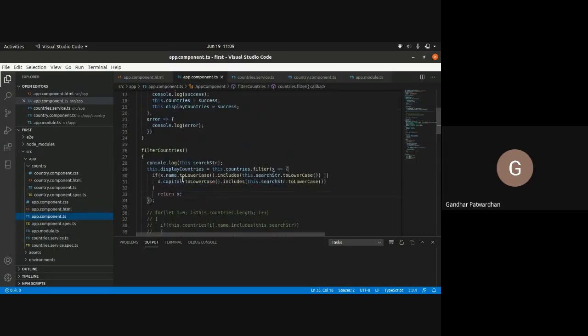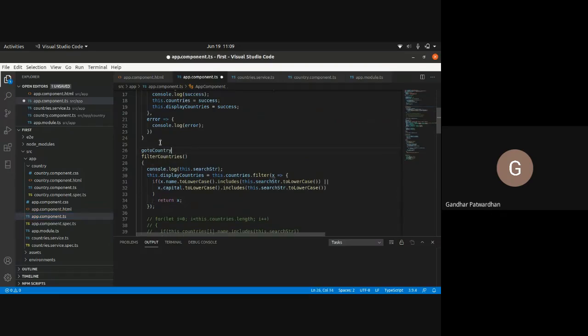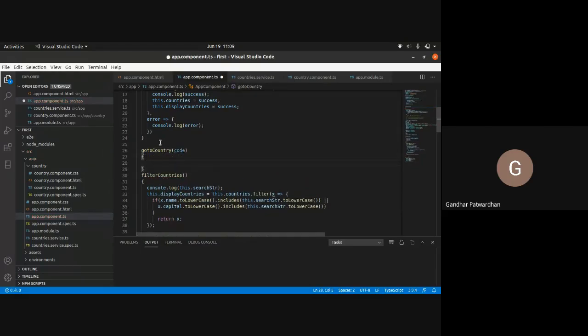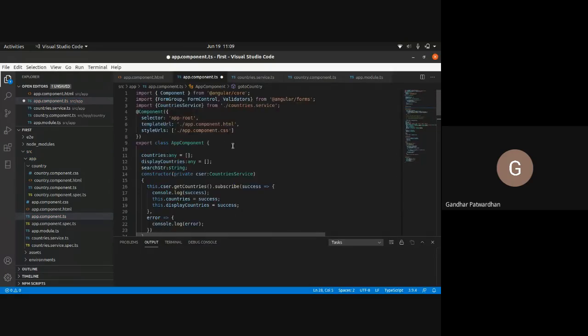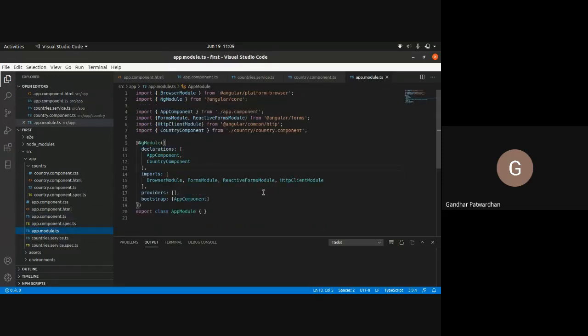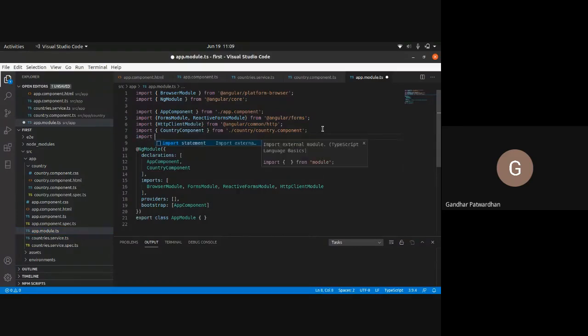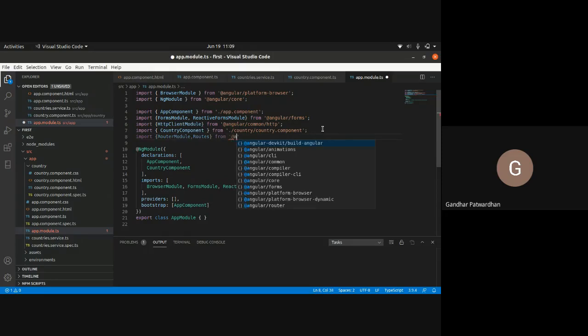In this function, I'll take a parameter code which we are receiving here. And from here, we need to route. For that, currently I have not implemented router in this. So I will implement router here. I would say import RouterModule, Routes from @angular/router.